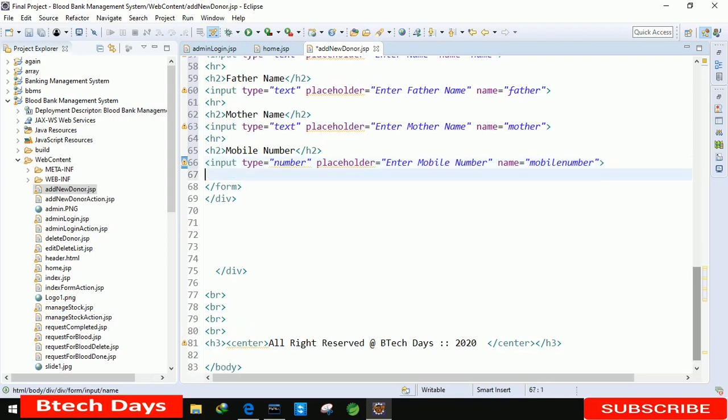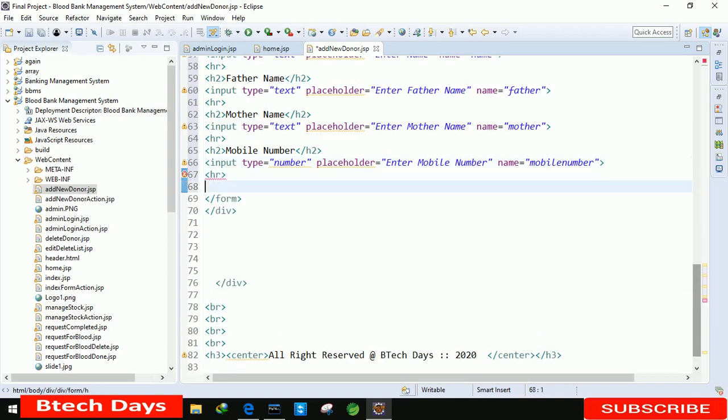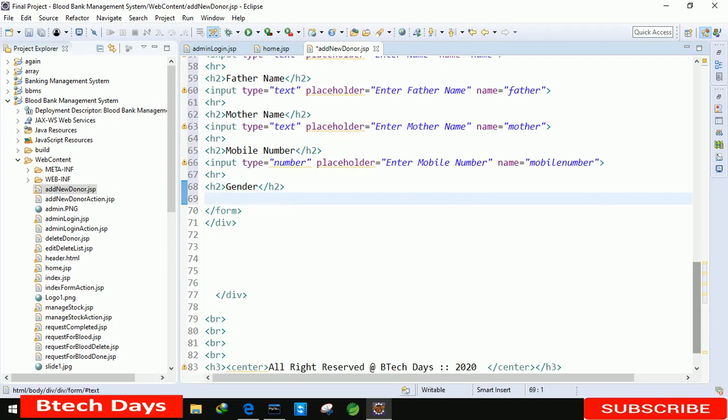Okay, after mobile number, the next is for gender. So before writing this, hr, okay, and the h2 we are taking to display the gender. After this we just need to write select. This should be a combo box, that's why we are writing select, name is equal to, let me close this, and here we are writing gender.